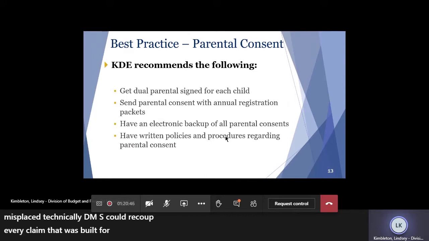In order to avoid this, we strongly encourage the following. Number 1, have an electronic copy of all signed parental consents. There are many ways to do this, but a lot of districts have had success uploading parental consents to Infinite Campus. Number 2, it is recommended that the dual parental consent is sent out to all students to be signed. This would allow schools the flexibility to bill expanded access at any time. Also, Medicaid eligibility is continually changing. If a parental consent is received on all students, then the school can bill as students become Medicaid eligible.